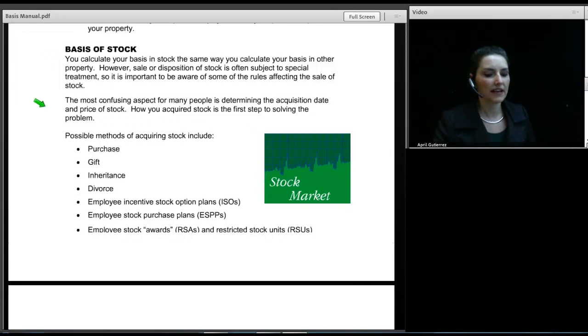The most confusing aspect for many people is determining the acquisition date and price of the stock. I say that just from experience. My clients don't seem to remember when they bought their stock or how much they paid for it. If they've got a brokerage house, it's possible that brokerage house has kept that record for them, but just as often